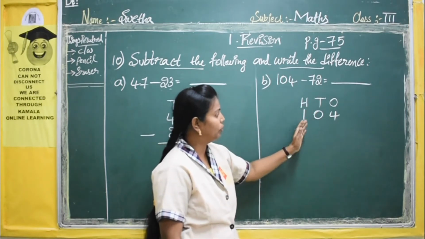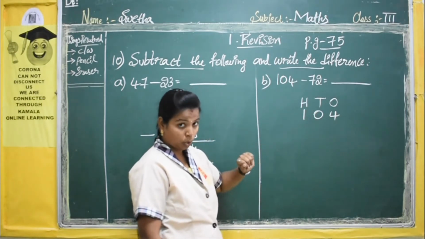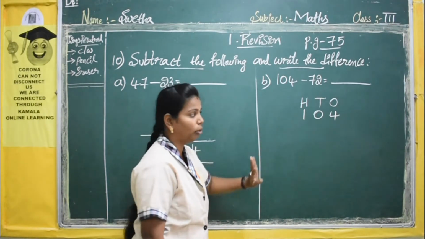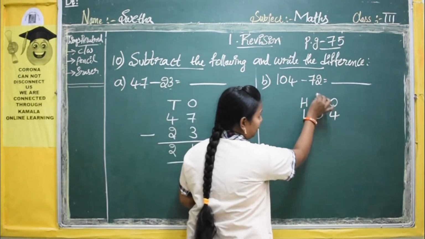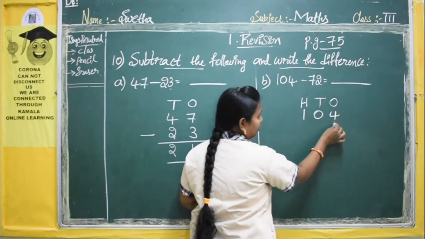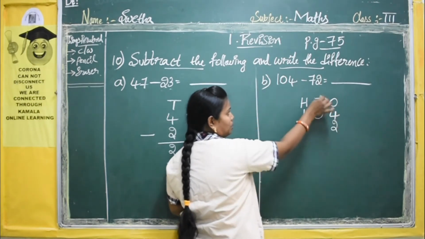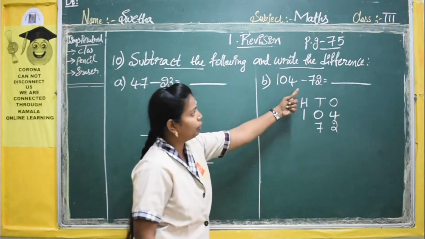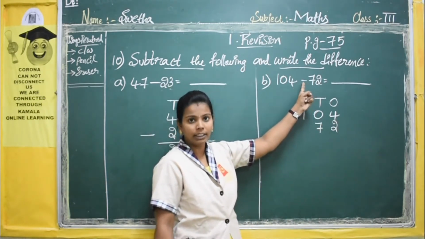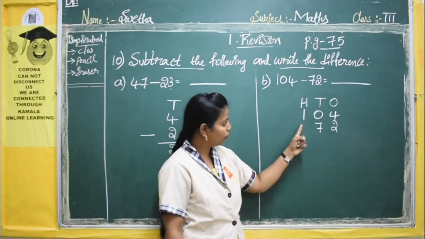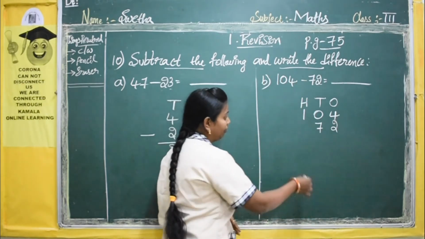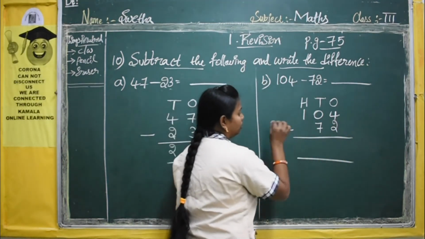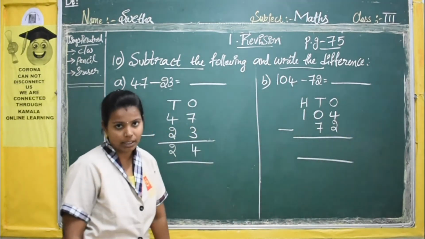See, 72 you will not take in the first place. It will be easy for you to solve the problem if you copy the question from the last place. Last number is 2, under 4 in the last place, 7 below in the next place. See that we don't have any third digit here in the hundreds place. So we are not writing anything there. We will leave that place like that only.